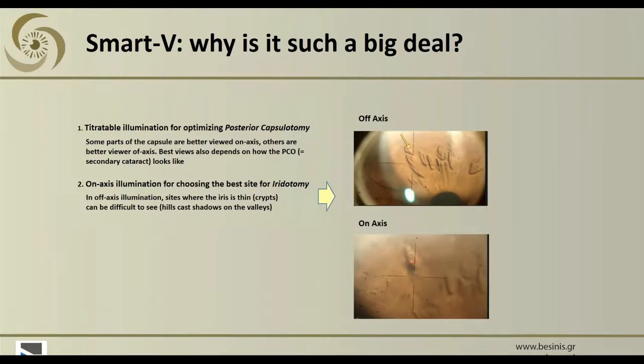But apart from using that for treating floaters, another good use of the Smart V is in iridotomies. So in iridotomies, I used to do them with off-axis illumination, but I find it much easier to do it with on-axis, because you can get a good visualization of the crypt of the iris. You can see the point of the iris that is thinner, and with fewer shots